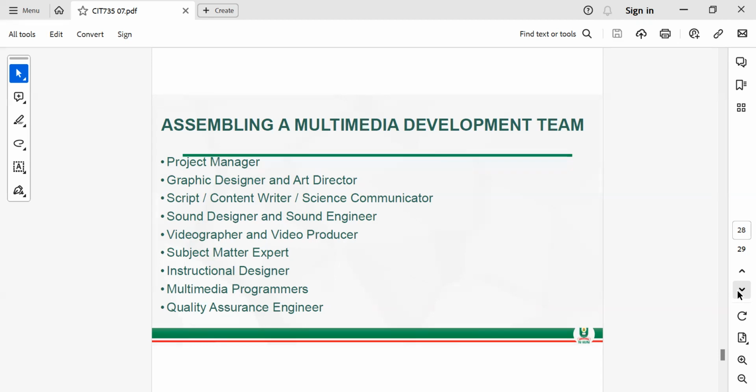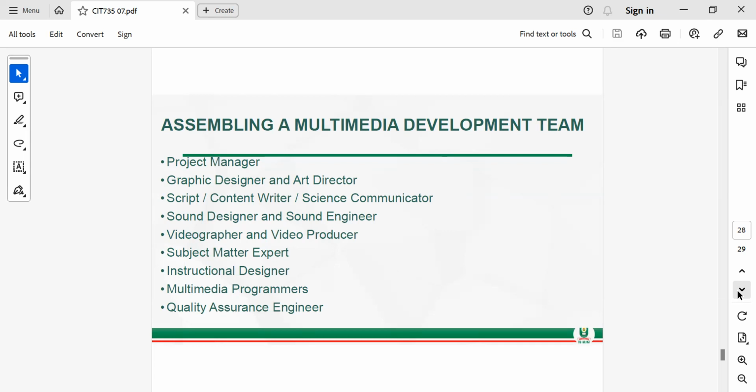You have the subject matter expert. That is an expert that may know so much about the particular course you want to deploy. Then the instructional designer, the person who will help you design how the lecture or material should be structured so that it can be delivered well. So in this case, the instructional designer may tell you that the content should be divided into 8 chapters or 8 weeks and tell you the goals and objectives of each week, how it should look. While the subject matter expert will tell you what should be included in each of the courses.